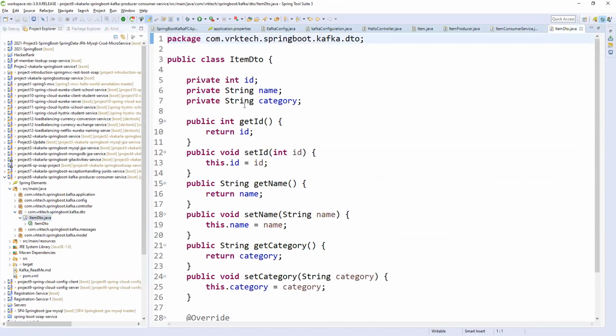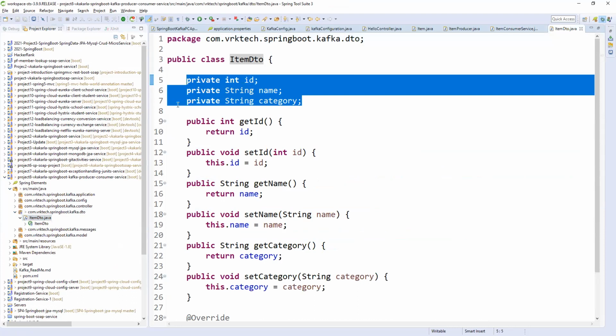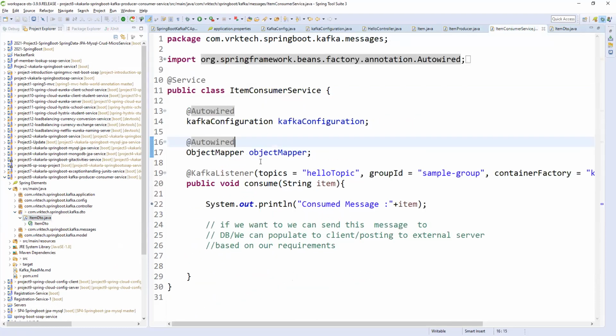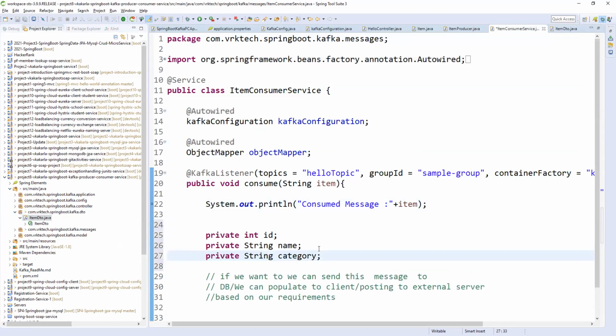Item DTO is the object. So I already have item DTO. The same, whatever JSON string we have, the same way we need to construct it for our response DTO or any kind of object. So instead of using the same item model, I'm converting the same here. So in the producer, right? So item DTO, sorry.